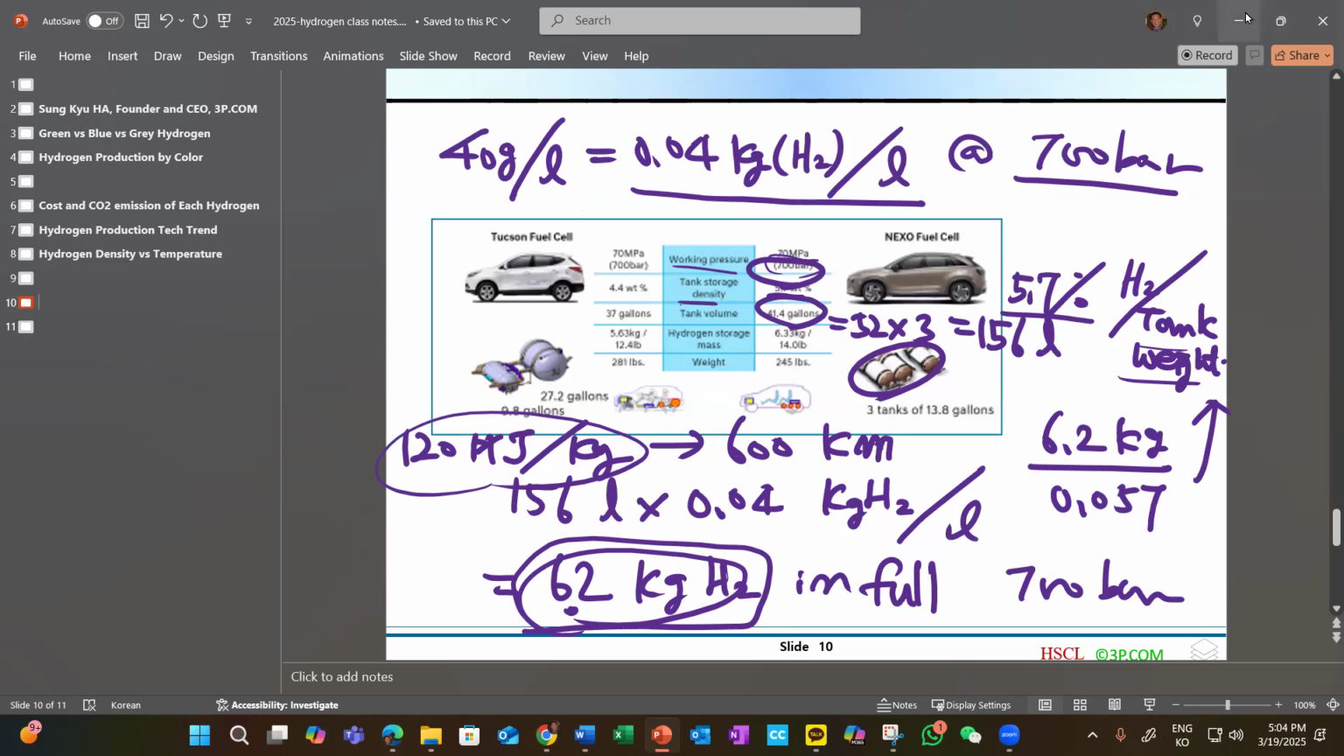If white hydrogen is available, in other words, the hydrogen cost is very cheap, like even less than $1 per kilogram of hydrogen. Then is